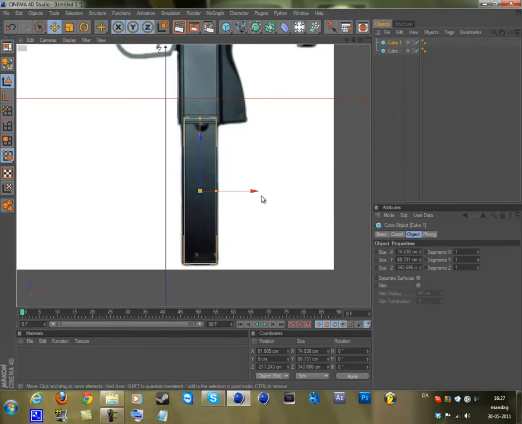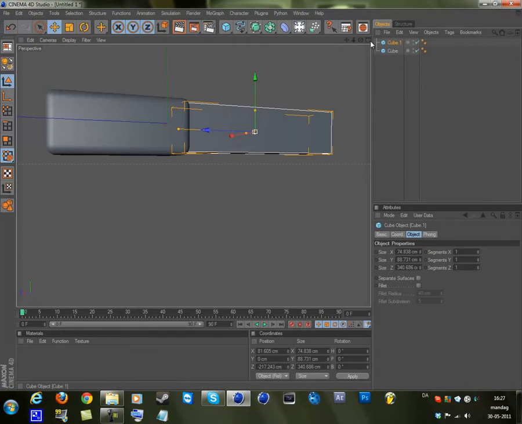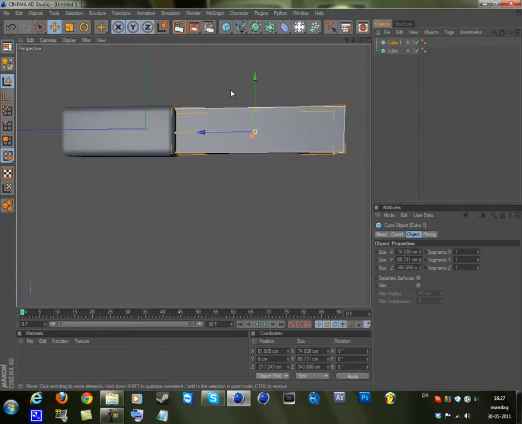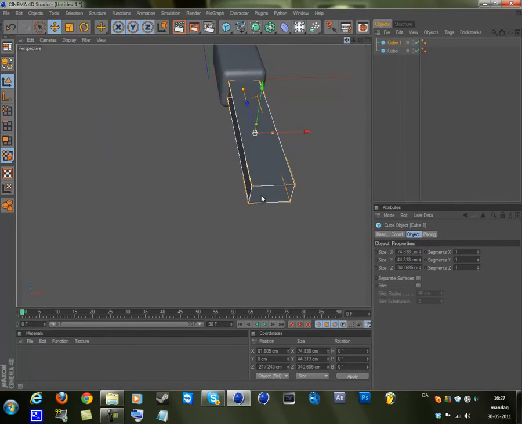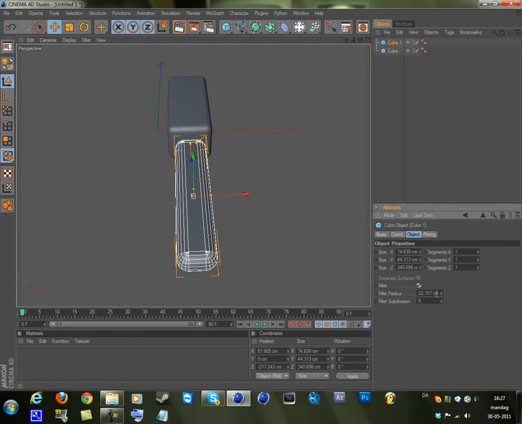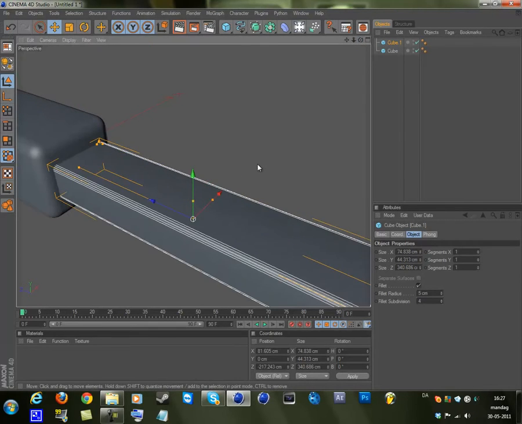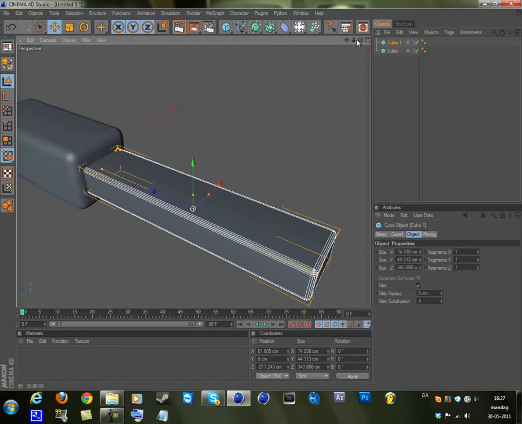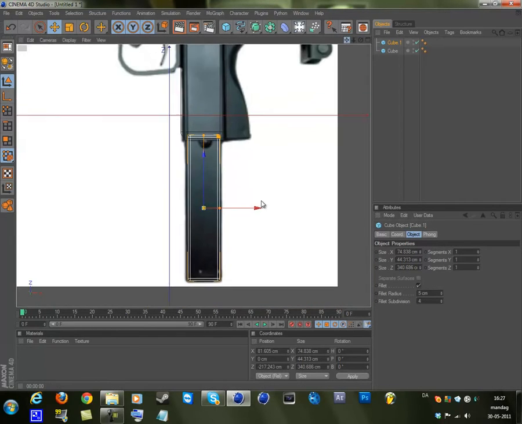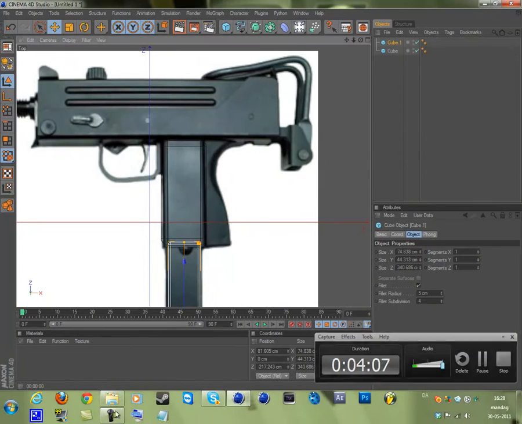Every time I select these two, I'm just going to press F1 and F2, so don't be confused if I don't say it every time. So this should be the magazine, it should be this small, and that's pretty much our basic magazine. Make the fillet radius like 5, then make this like 3, actually 4. If you get really close and render, you can see that we don't have these, so 4 is enough. I'm just going to speed through this tutorial. It's already been 4 minutes.